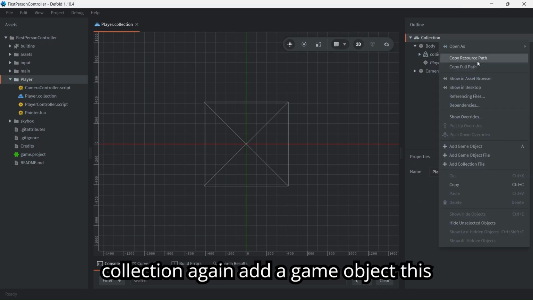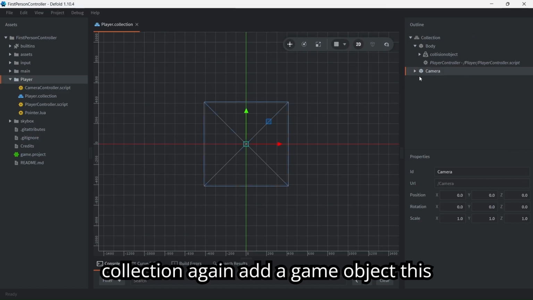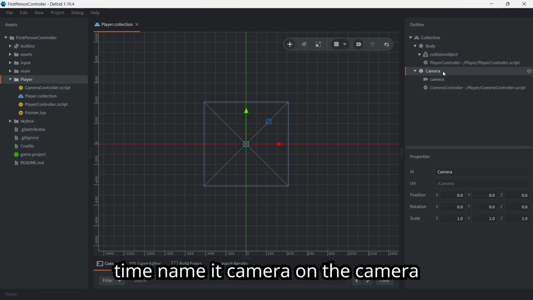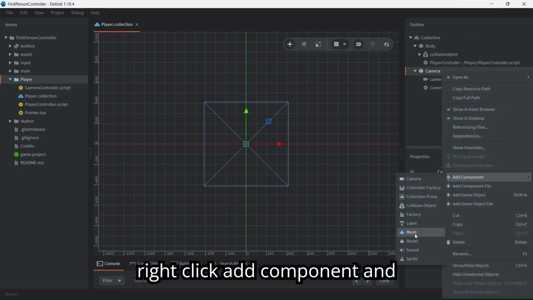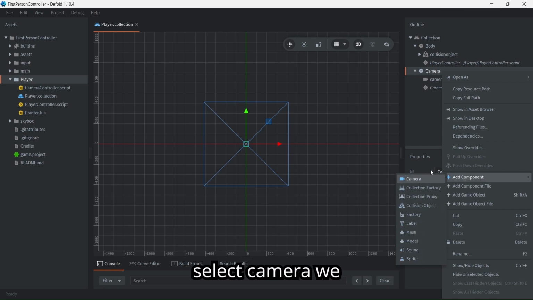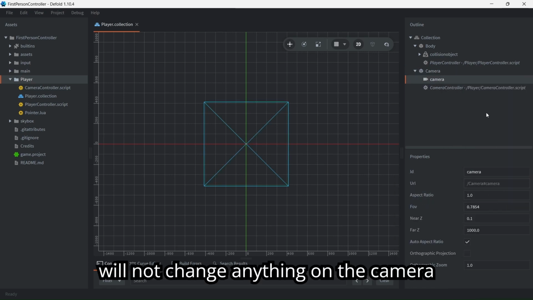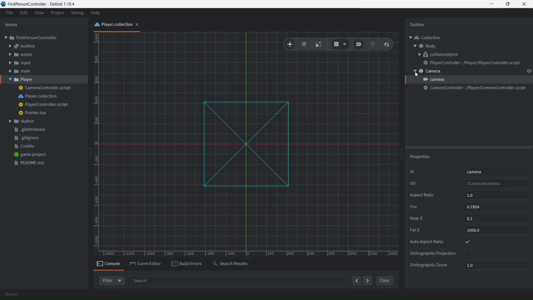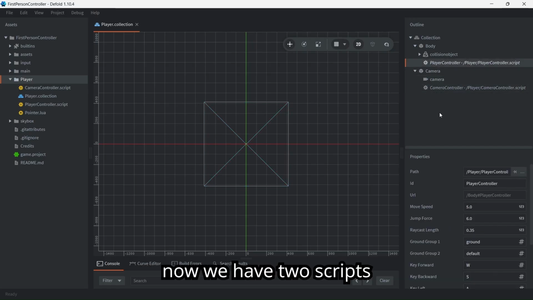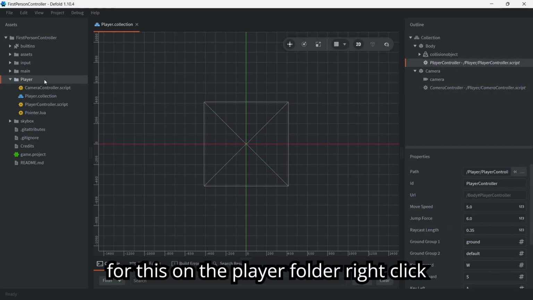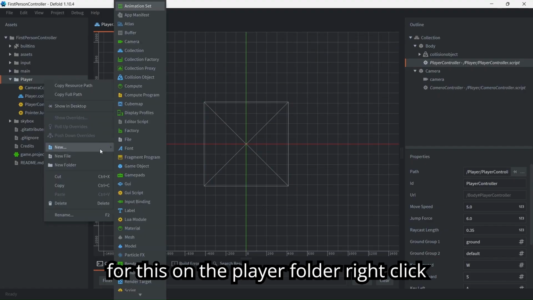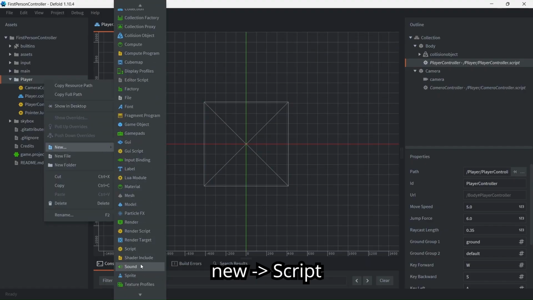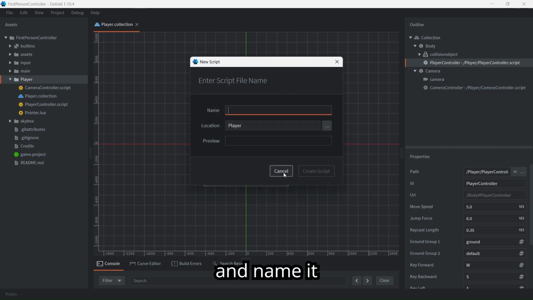After that, on the collection, again add a game object. This time name it camera. On the camera, right click, add component, and select camera. We will not change anything on the camera. Now we have two scripts. For this, on the player folder, right click, new script, and name it camera controller,